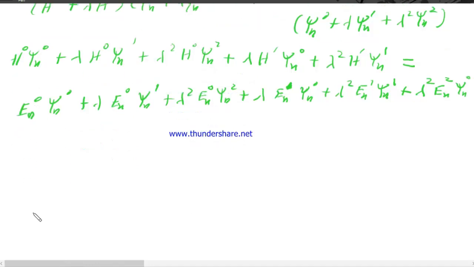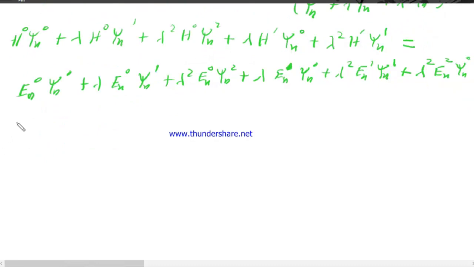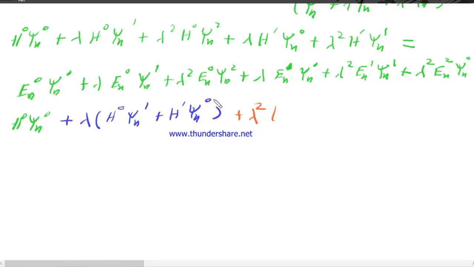Now we can rearrange these equations. This is equal to H0 psi_n0, plus lambda, taking common from this term and this term, H0 psi_n1 plus H' psi_n0, and then taking common lambda squared from this term and this term, H0 psi_n2 plus H' psi_n1, is equal to